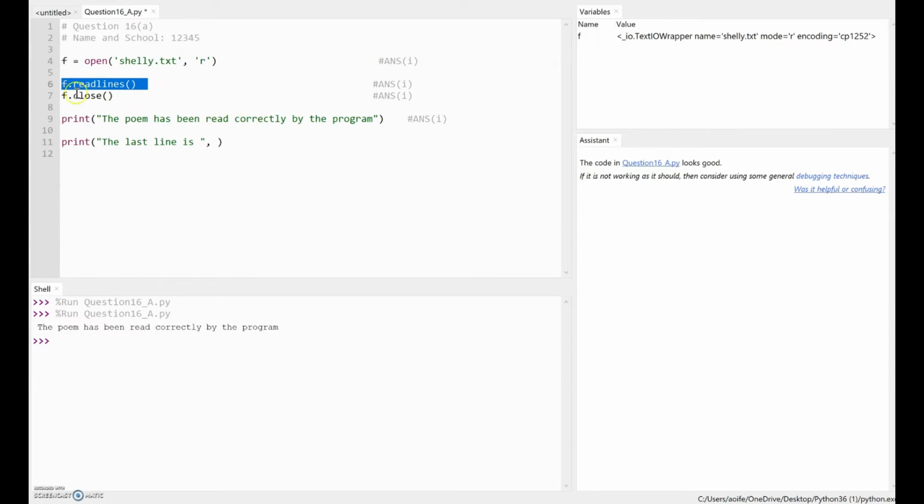So if I was to give that a variable name, just call it lines equals f.readlines. And if I was to print lines, and the last line of everything is always the -1,